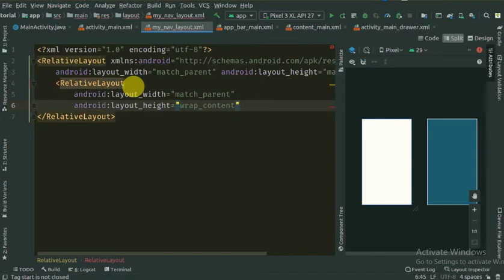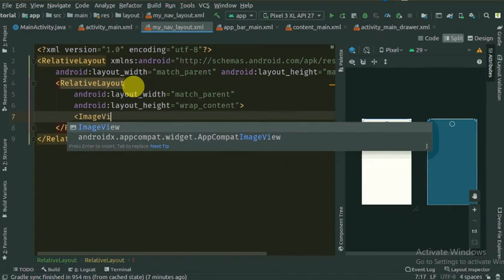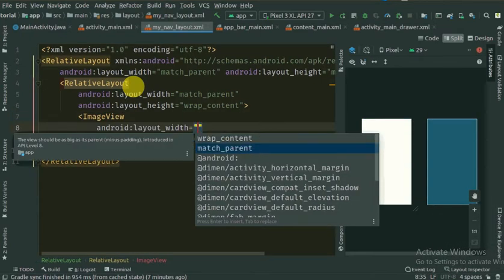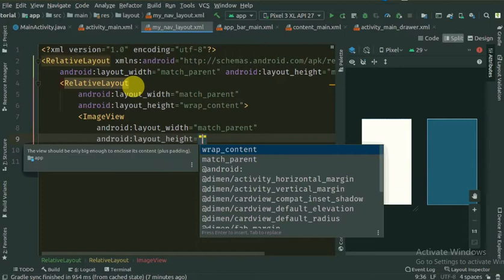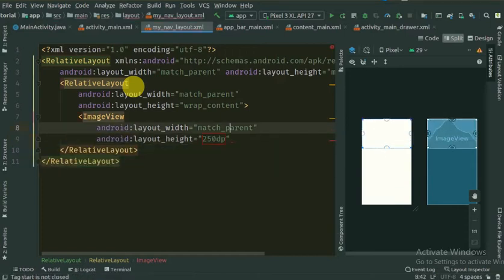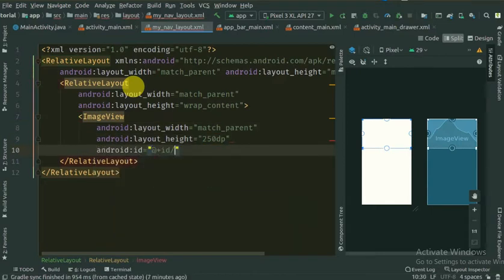Okay, in this we can add one image view. Width is match parent and height is 250 dp. We can put any image here, and an id is not required.